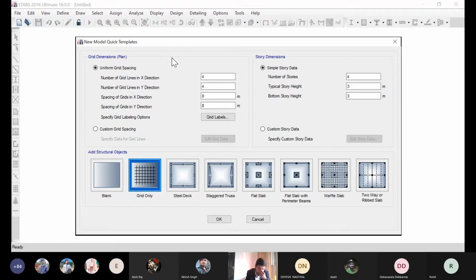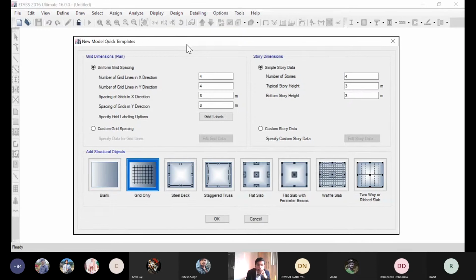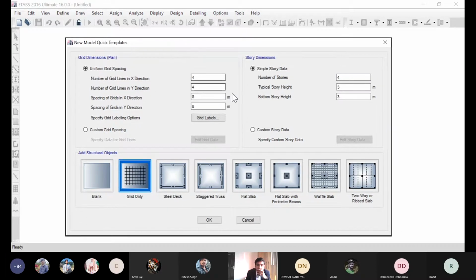So now the first thing, if you are writing it down, you can write it. The first thing we are going to do is tell our software how our structure looks, meaning how our frame structure is going to be. Correct. So I need grid lines.